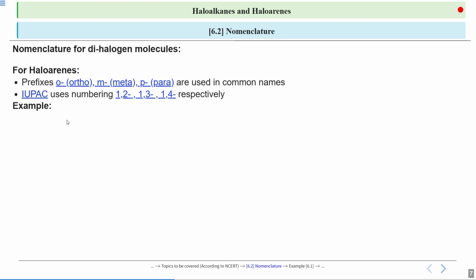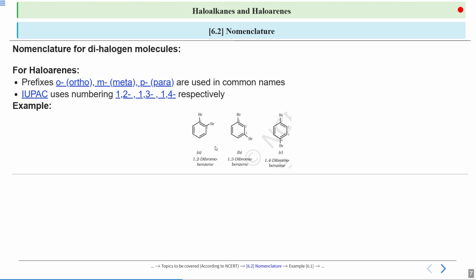Let's see an example. So we have these examples where we are just changing the positions of the bromine halogen. Okay, so this is a dihalogen molecule where, in the case of haloarenes, bromine, which is a halogen, is directly attached to an aromatic ring, that is benzene. So when bromine is present at the first and the second position, you can call it 1,2-dibromobenzene. Okay, because at the first and second position you have to put the lowest numbers possible at the carbons at which bromine is present. So 1,2-dibromobenzene, or the common name will be